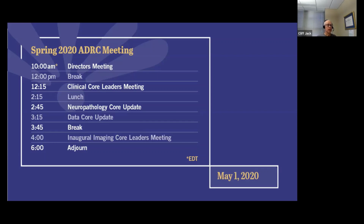Let's see. For SCAN, would you be required to collect isotropic FLAIR if current resolution is higher? Okay, so again, we have an ADNI standard for the FLAIR. But if in addition to that you want to do something different, if you have a really good scanner and you want to trade off some of that signal to noise for better spatial resolution, by all means do it. But that's a separate acquisition that would not count as the